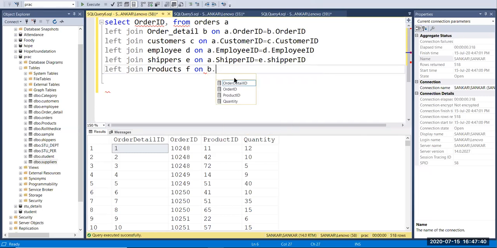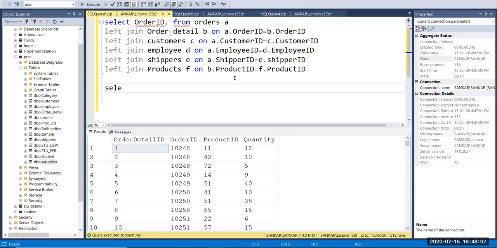Okay, so B dot product ID equal to F dot product ID. Then we have two more tables, right? One is the supplier table and also the category table.